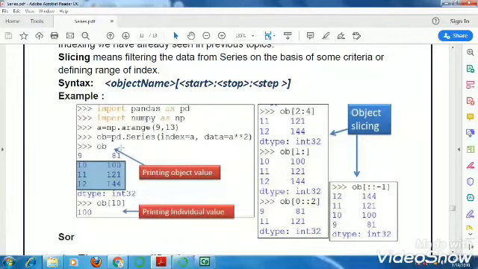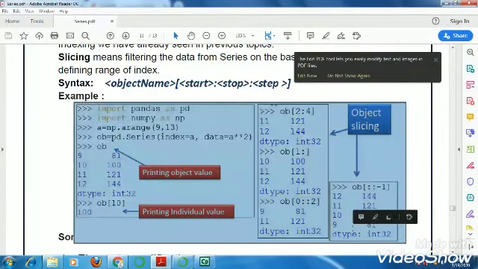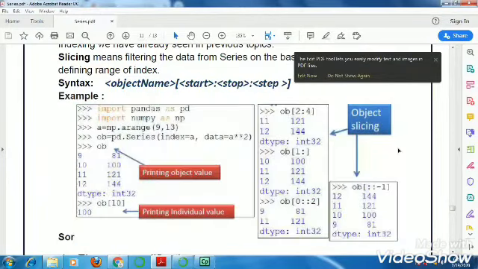So it will start from the first index, that is 9, and after that it skipped one row, so it has given you 11. In this way we can use slicing in our series.